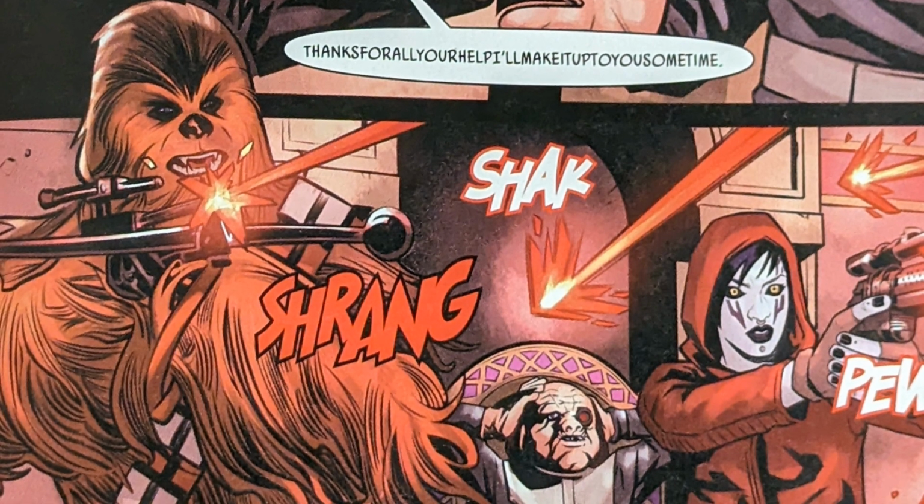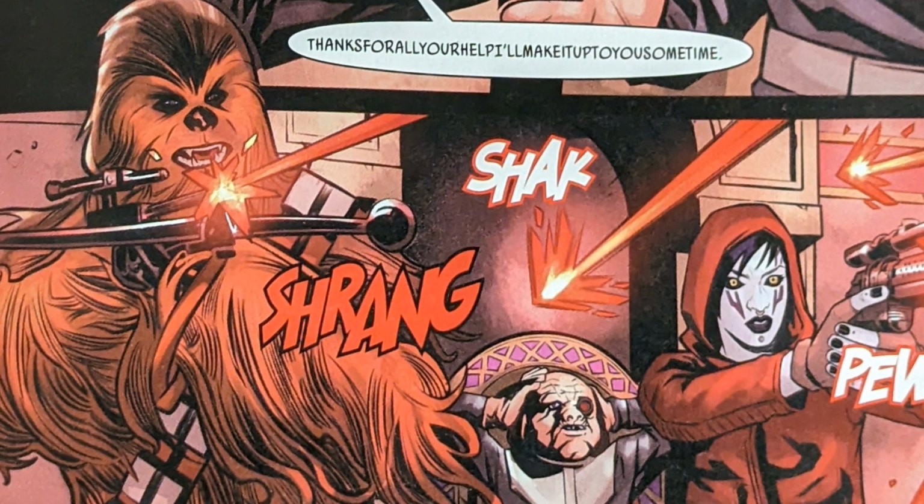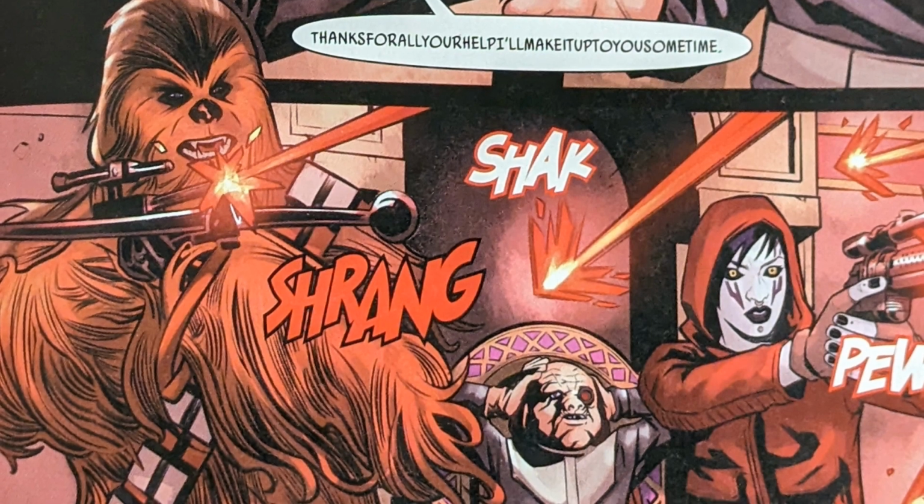I had an issue, though, with specifically their easy way off of Coruscant. I feel like if the Imperials were after them, how did they get away from the Imperials on Coruscant so easily? I guess it's just a plot device to get them out of there faster. But yeah,